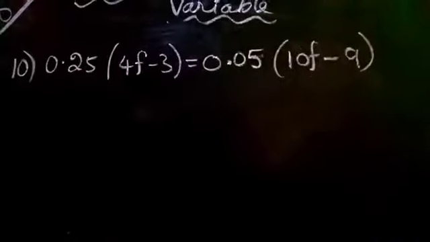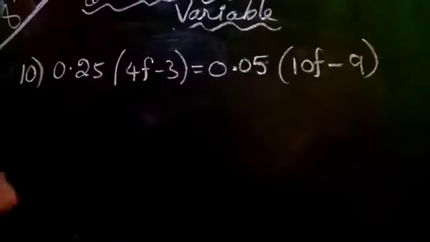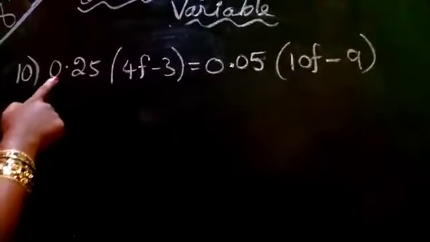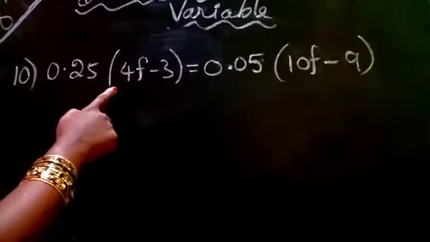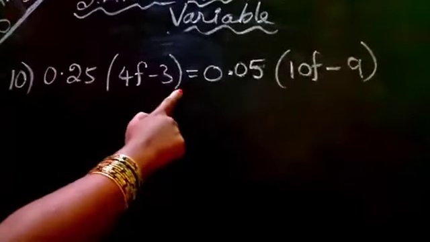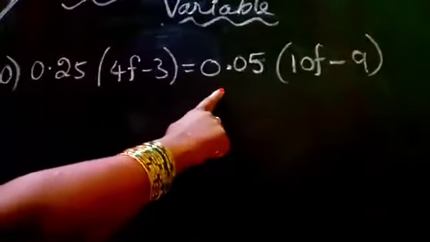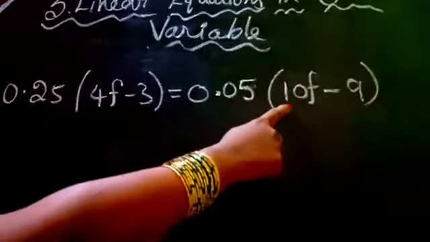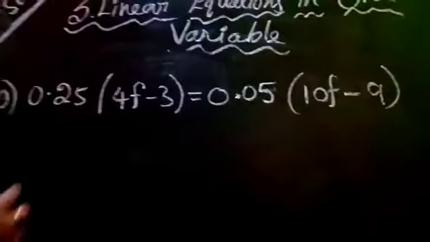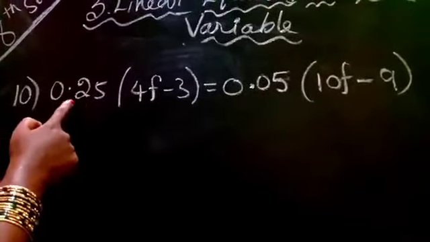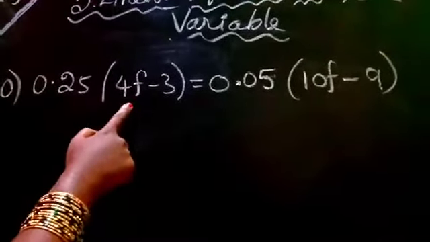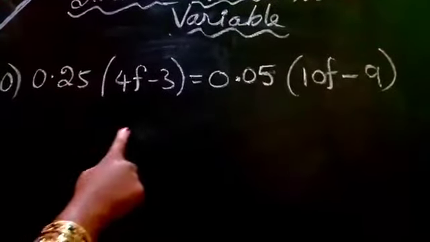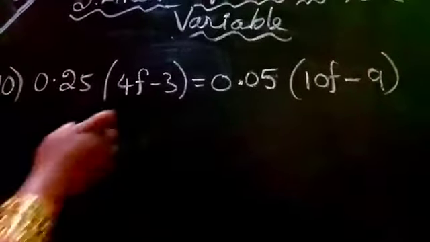Ninth question is your homework question. The 10th one is 0.25 into (4f minus 3) equal to 0.05 into (10f minus 9). 0.25 we have to multiply with 4f once and we have to multiply with minus 3 once. So,